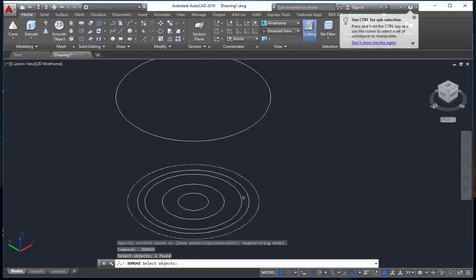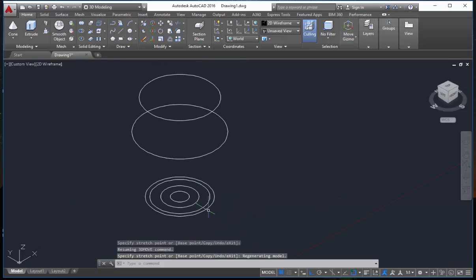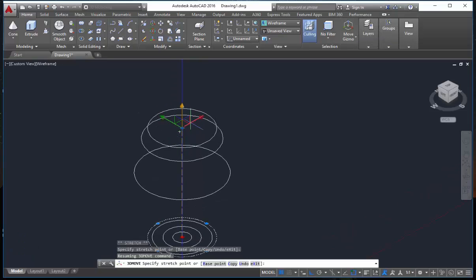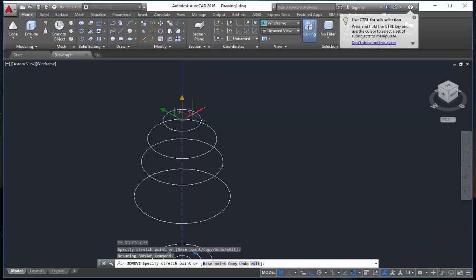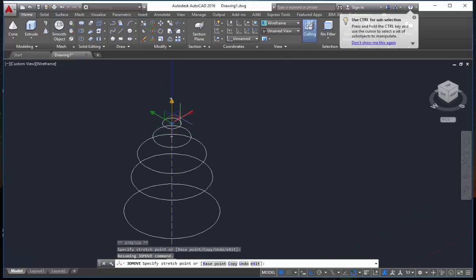Later, coming to the neck portion of it, like this. And at last this one.